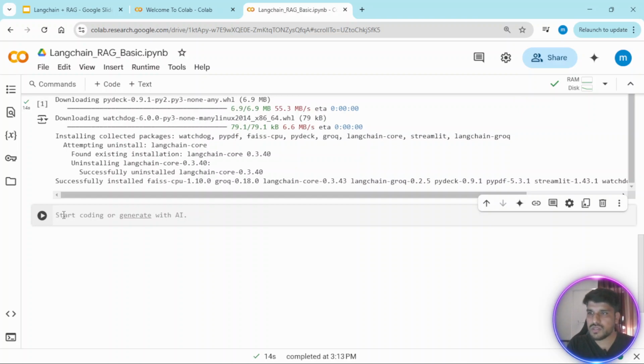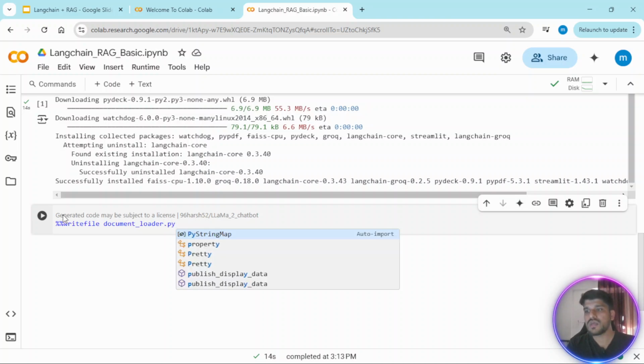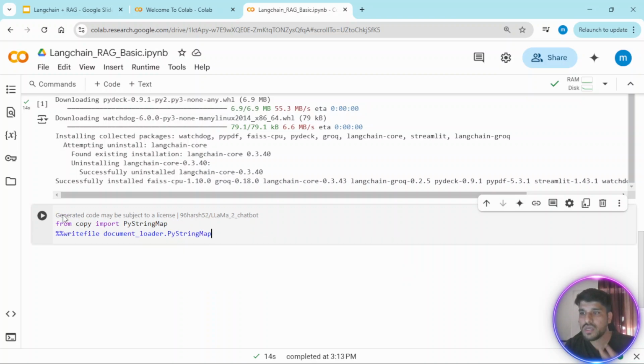First, we need to do the imports. We are going to write something called the document loader file. Nowadays Google Colab is giving one very fantastic functionality: automated code generation, so you can use that. We are going to write the document_loader.py file. Now why am I using this magic function? Because whatever functions I write in this block of code, it will